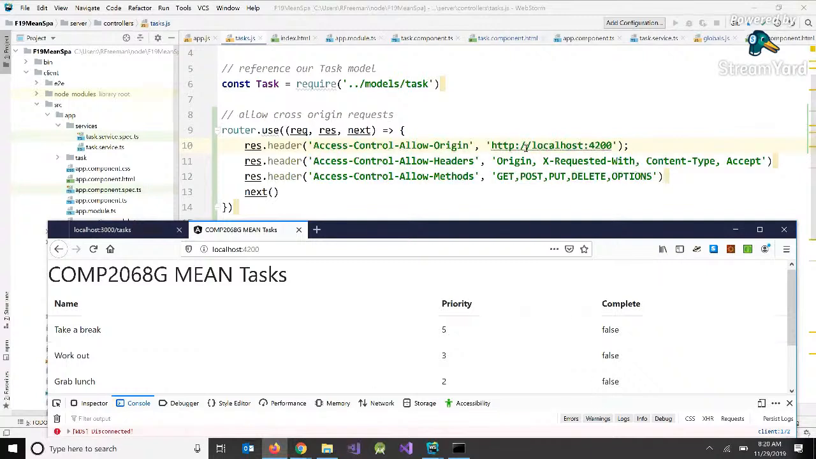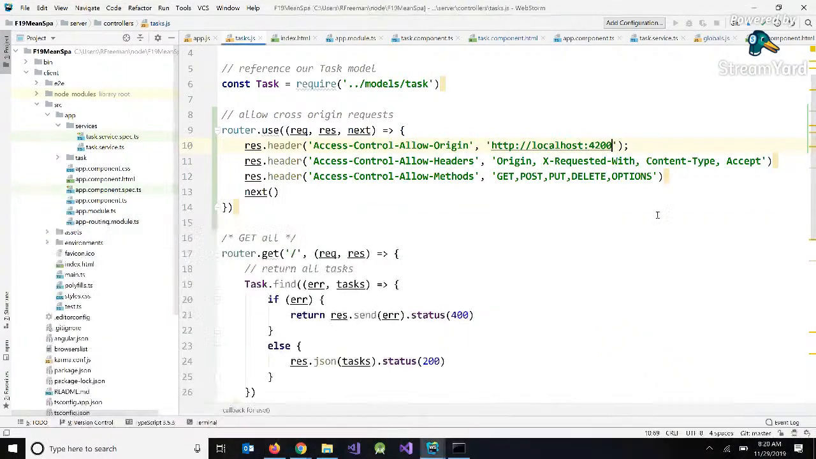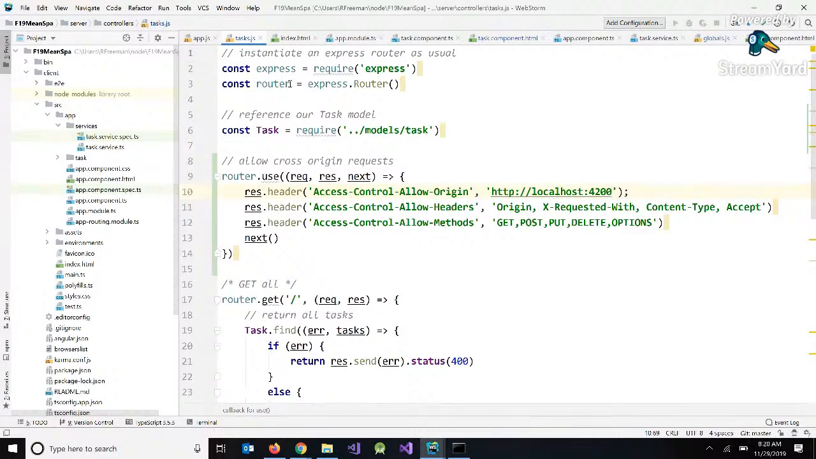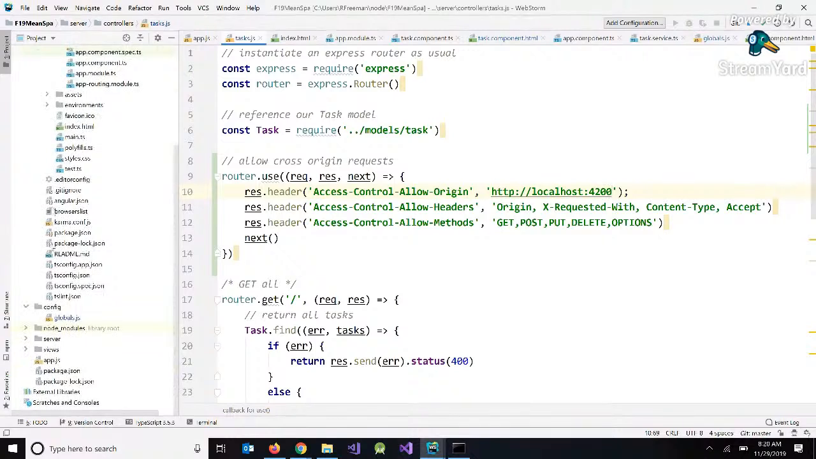And again, what would probably be a good idea is let's actually put this in the configuration file rather than hard coding it in. Let's move this domain to our config file. And then we would need to reference the config file in our controller. So I'm going to go to,